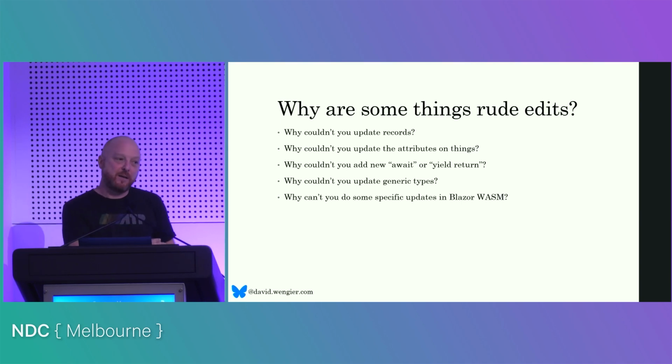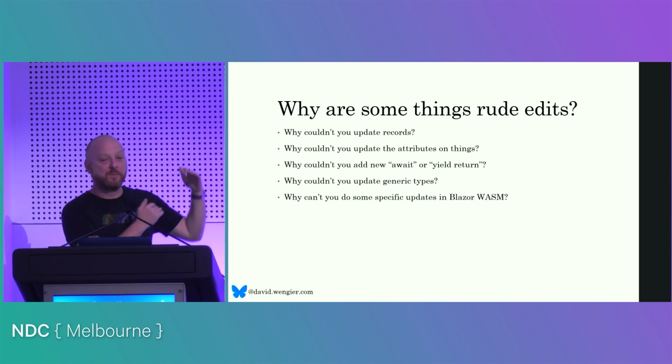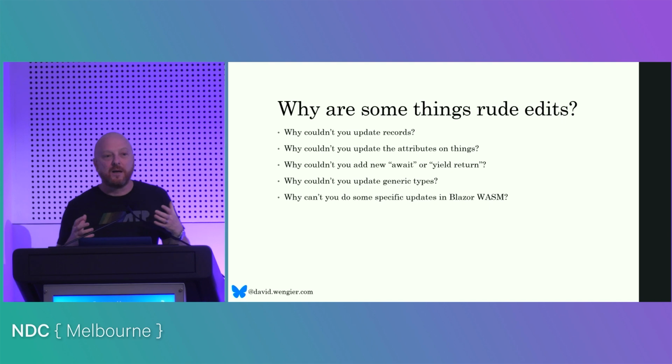But that would also mean you have to update the PrintMembers method because it outputs every property. You would have to update the constructor because the constructor will take in every property. You have to update the Equals method and the GetHashCode method because they look at it, right? And so we have to write the code that says, oh, property changed, it's in a method. Actually, compiler, I want you to do these 6 things. Not just the one thing the user changed, but the 6 things that are affected by this, right? And so thinking about things in terms of .NET like that for these new language constructs,